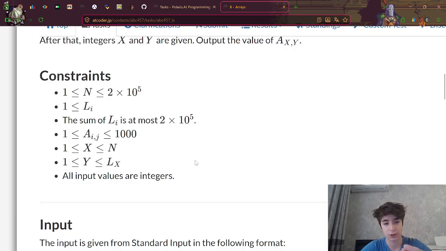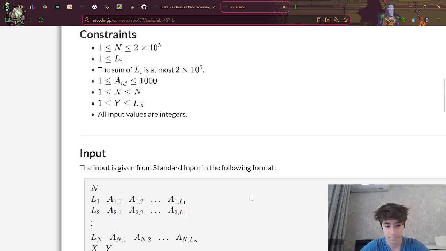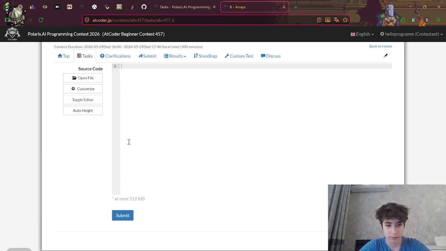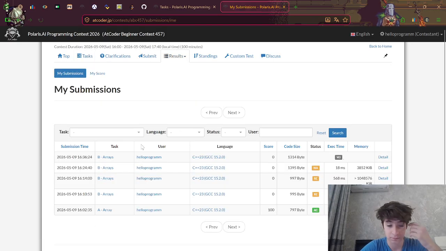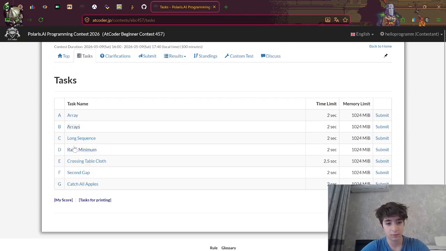There's no one digit I could just subtract 0 from, and because of this I need to translate it to a string. Right now I think it's going to work. Yeah, that's pretty good. So okay, we solved 2 tasks.